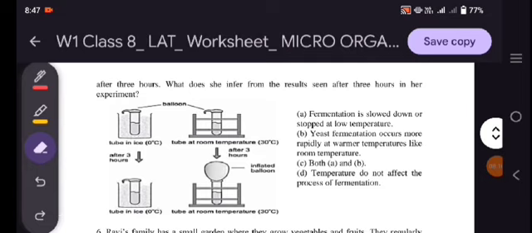Okay, so what happens in fermentation? There should be lukewarm water in which we do yeast production or yeast growth, so that yeast can grow properly. So we need a lukewarm temperature, not